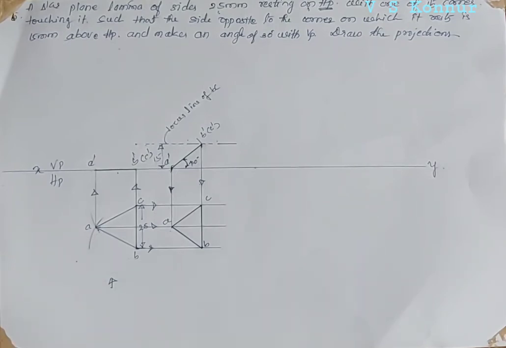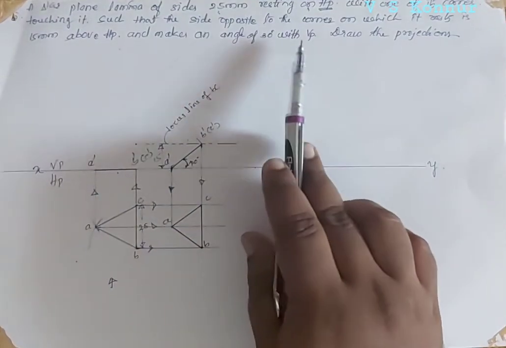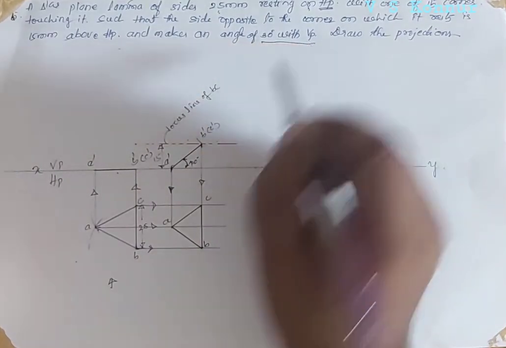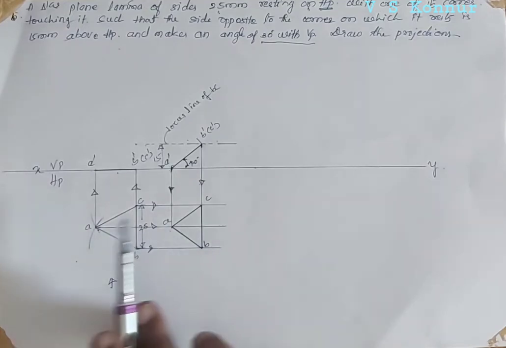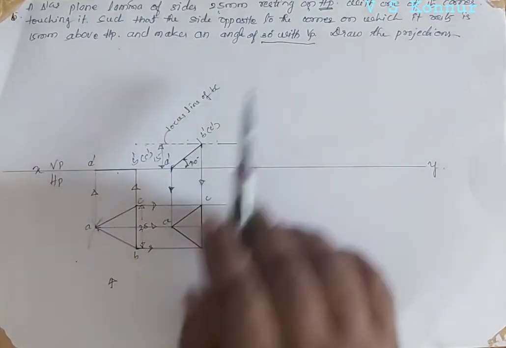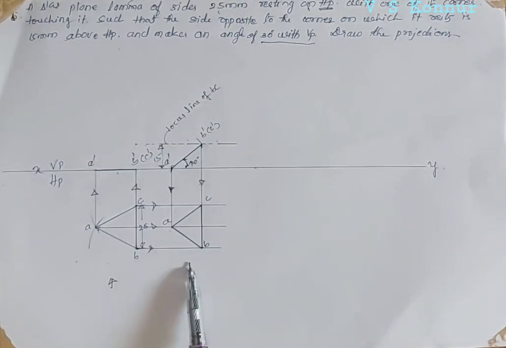After getting second position, now we should move for third position, that is angle inclination with HP or VP depending upon resting. Now it is resting on HP, so we should get inclination with VP, that is 30 degree to VP is there. It is resting on HP, so third position VP. Second position you should take it as HP.